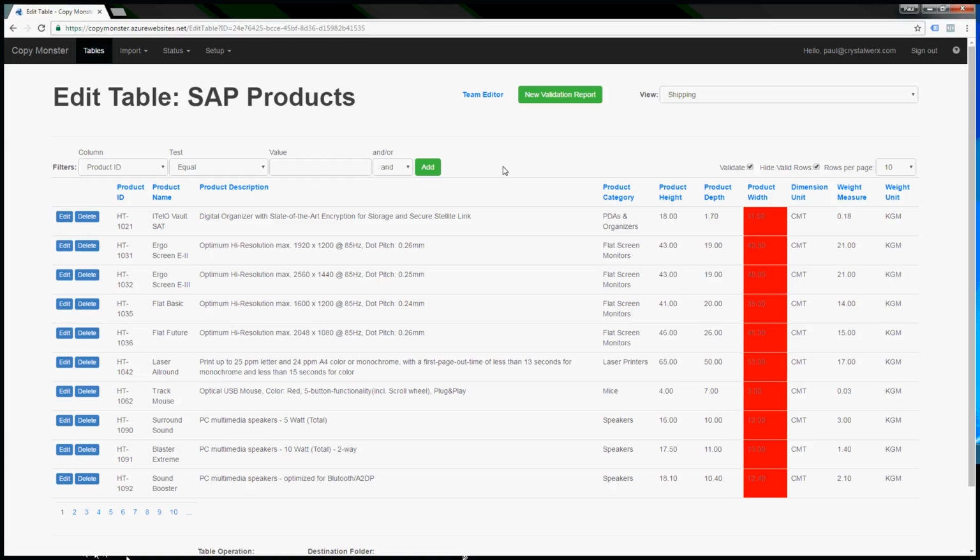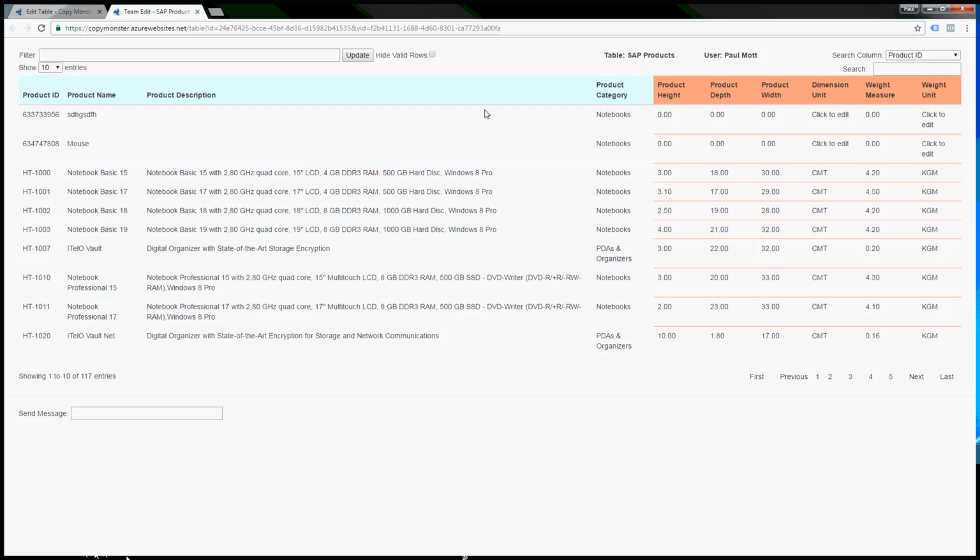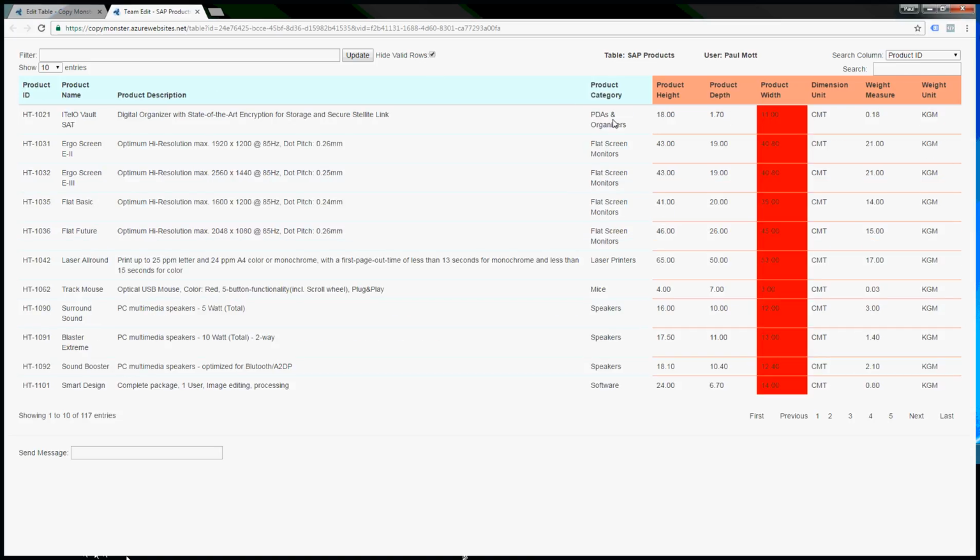And it's going to be the same thing with the team editor, because that's who's probably going to really be working on this. You'll pass this off to one of your team members, and they need to find the data that needs to be fixed. So we'll just say, hide the valid rows, and now they can start fixing it. So all they have to do is go ahead and change this to